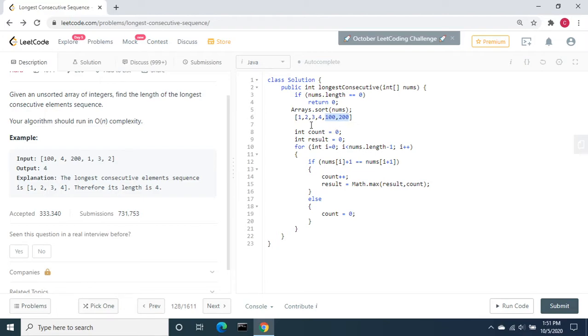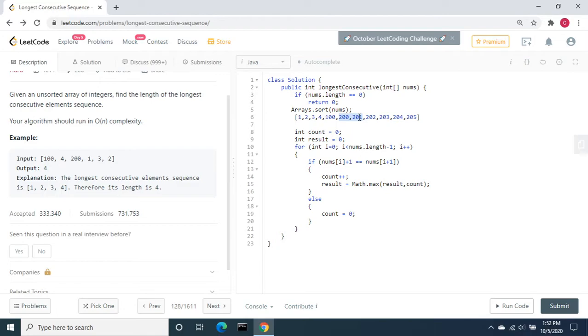If we take some other example, let's say I'm adding other numbers after 200: 201, 202, 203, 204, 205. In this case, after resetting, when it starts comparing from here, it will match the data.